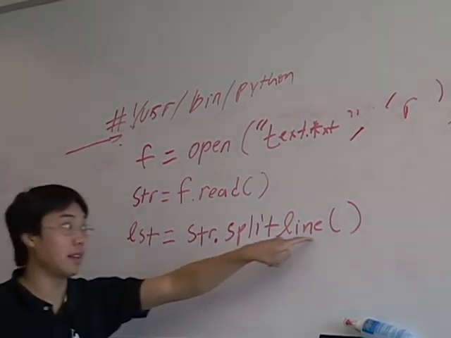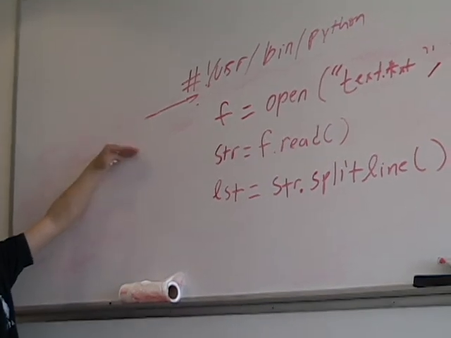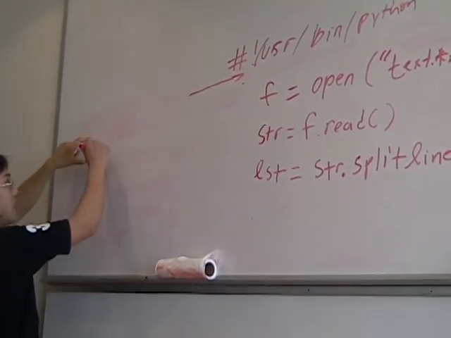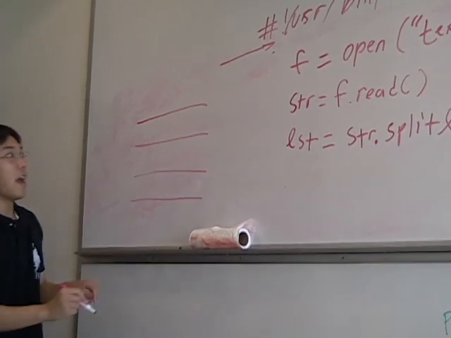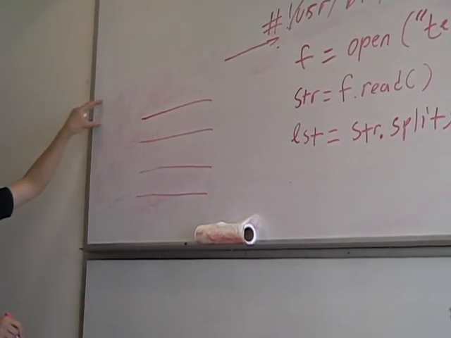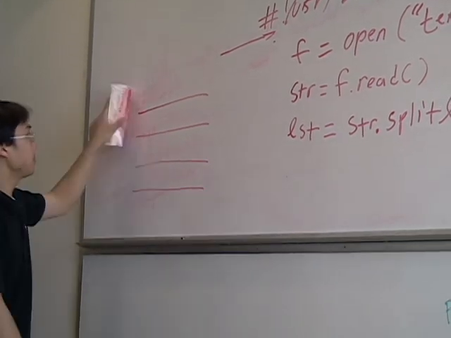What does the split line do? So basically it's going to take each row, each line, and place each line into one element in the array, in the list. So let's say